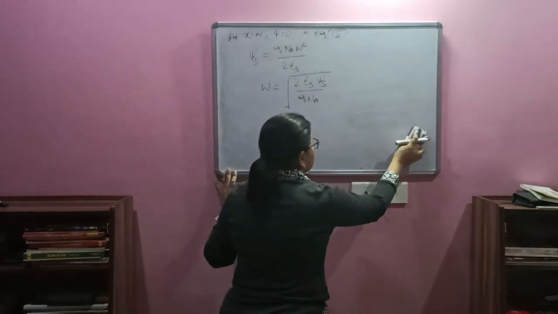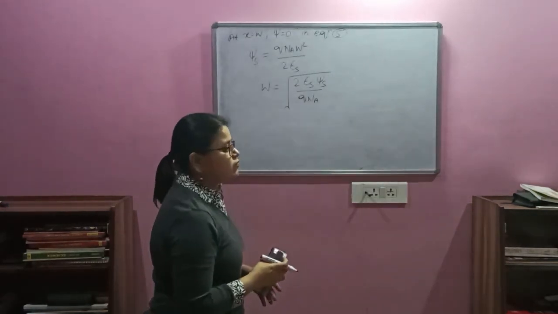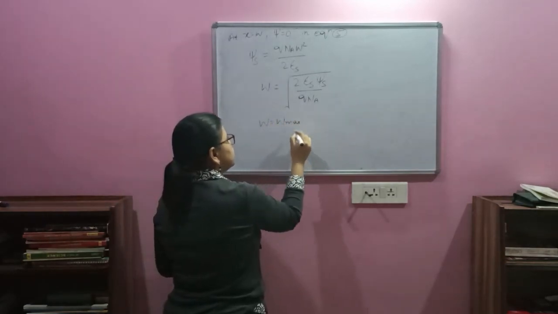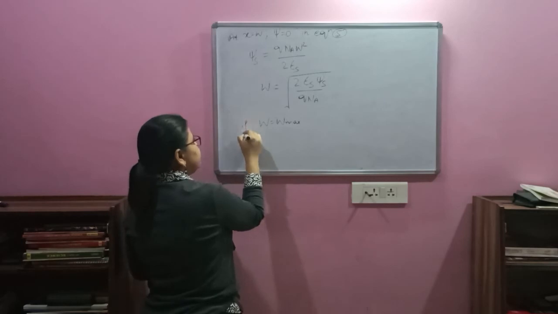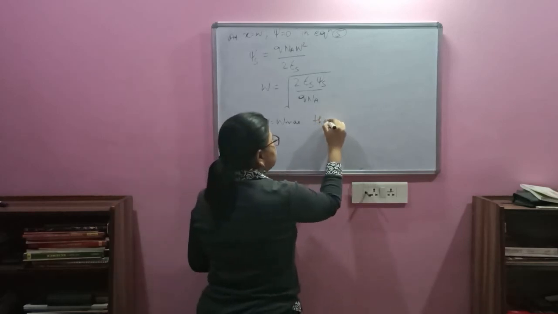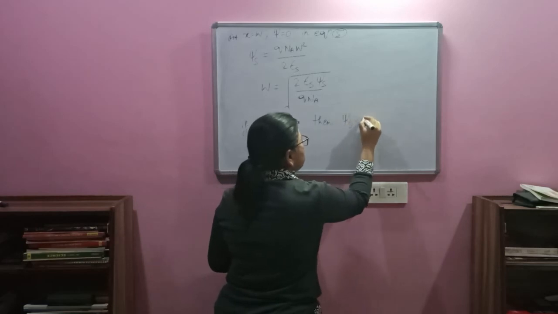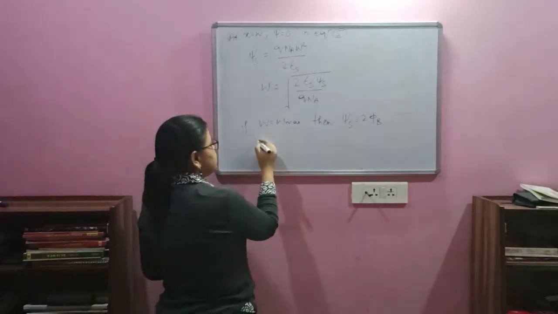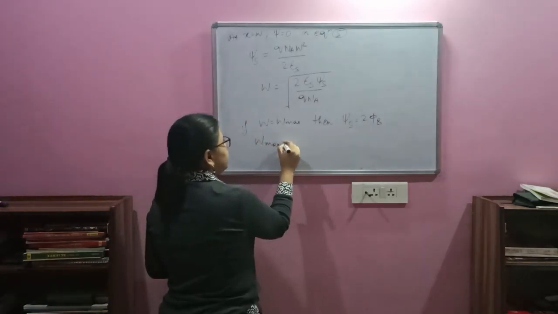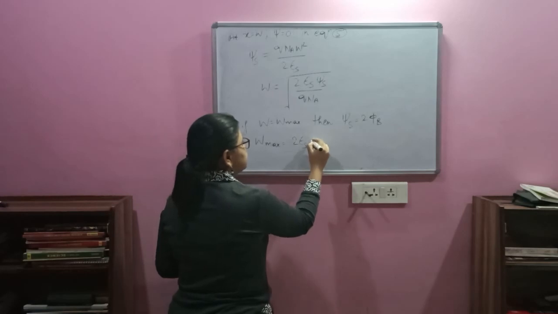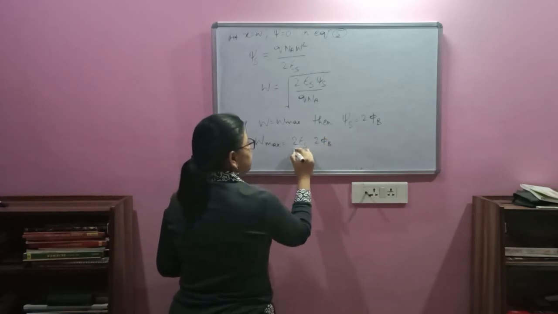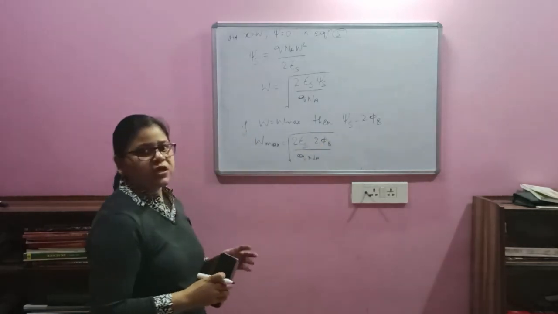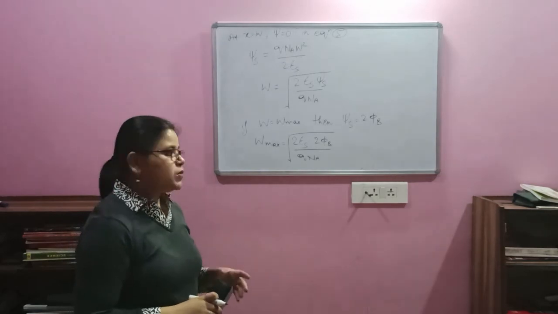And if I talk of the maximum width, then w will be equal to w max. If w is equal to w max, then that will be the case when psi s will be denoted as twice phi b. So I will rewrite this w as w max, and it will be written as this, into 2 phi b upon q. Now it is a well known expression for us, the depletion region width.